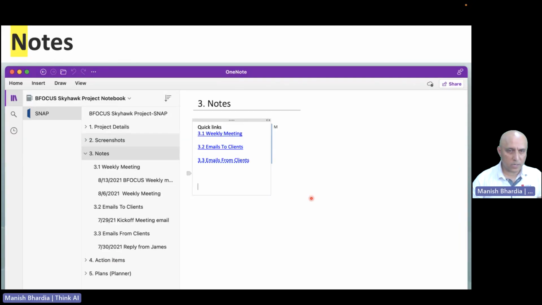Okay, so going back to the slide, N is nothing but notes. Notes need to be stored the moment we send them. In fact, we're going to have a process where if the notes are not seen here, that means they have not been sent. Of course, we should make sure they have been sent and then stored here. The way to track is to check whether they have been stored in OneNote at all.